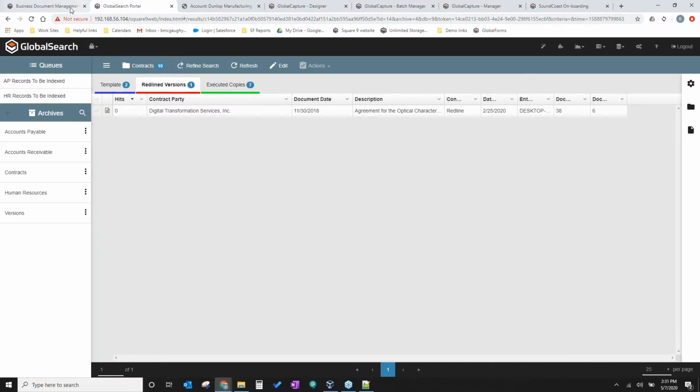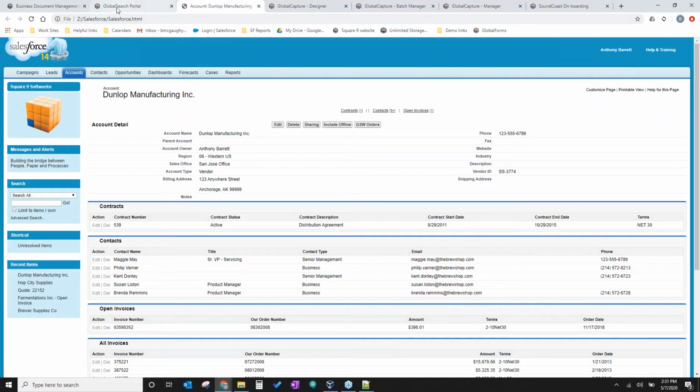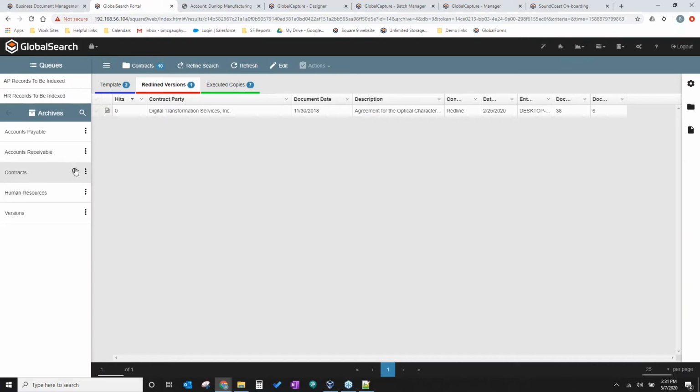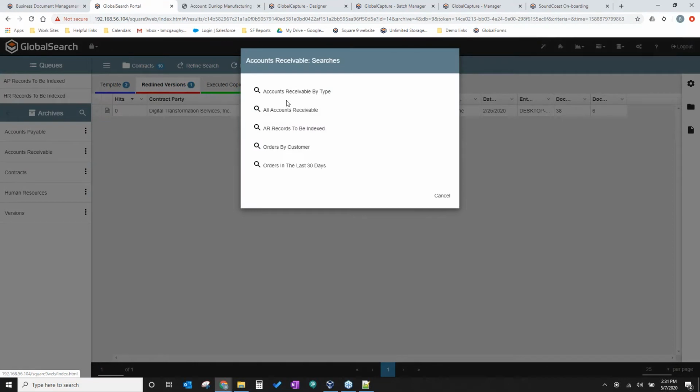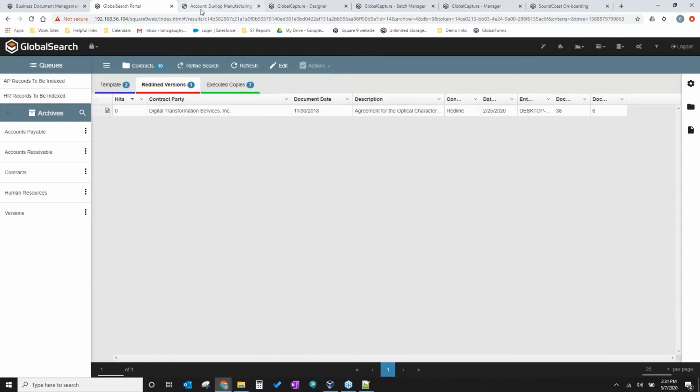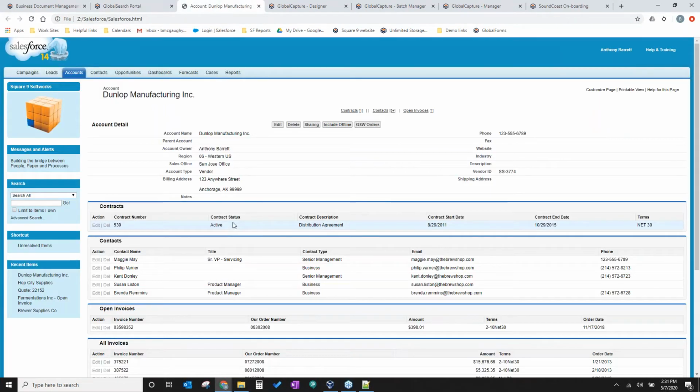But before that, I did want to show one other thing. So we were talking about doing our searches where we would come in and search on a particular document using one of our pre-built searches here. Right now, let's say that you have another system, an accounting system like QuickBooks or Microsoft Dynamics, and you have information that's already stored.